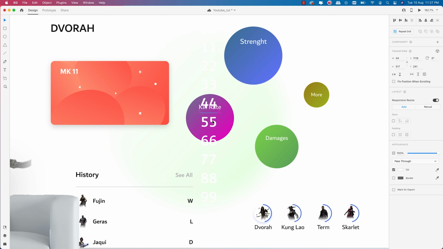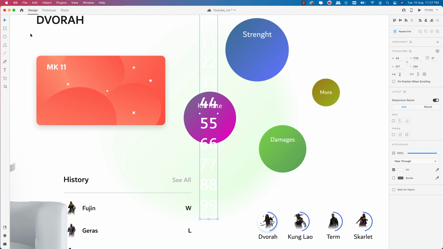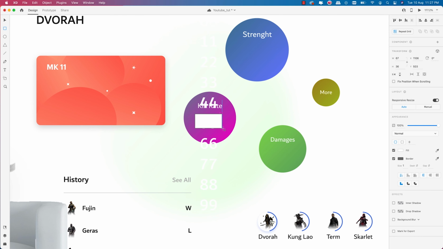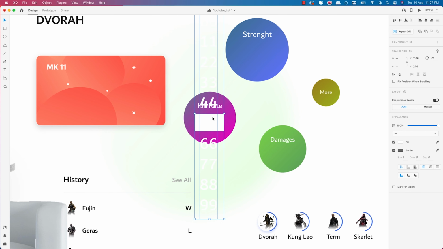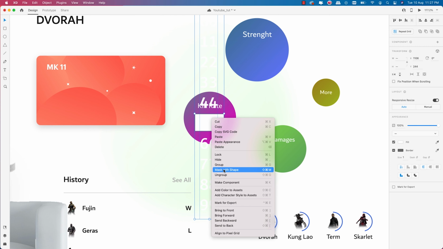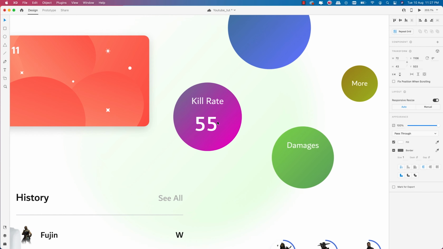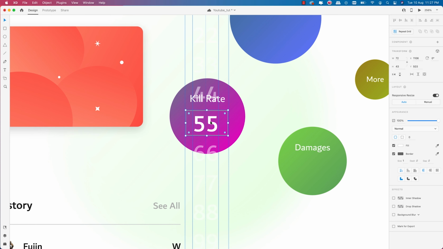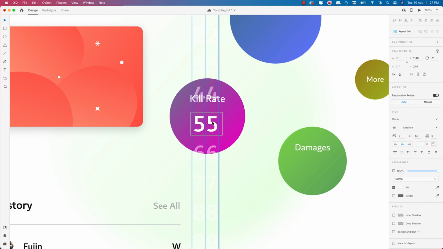Okay, so we want to create a mask, and to create a mask you just get a rectangle or a square, and then you just draw the square over what you want to mask. Then you select both the objects you want to mask, right? And right click and click on mask with shape. Now we can only see the number 55, right? So what you can do is go in there, double click and reduce the size of the mask to whatever suits your design, and you can also go in there to